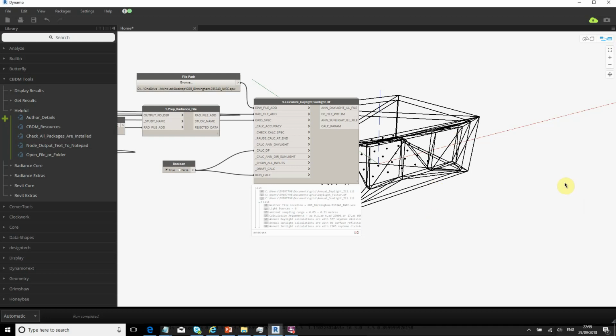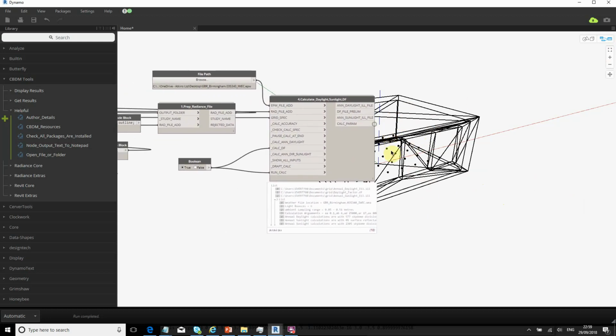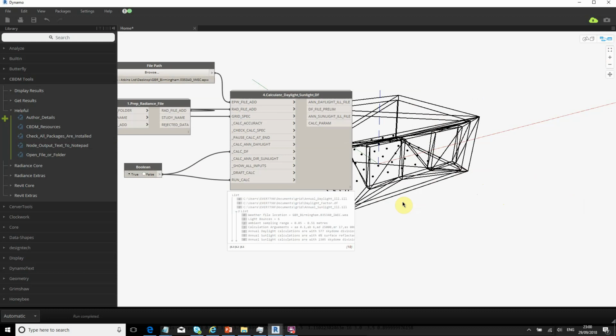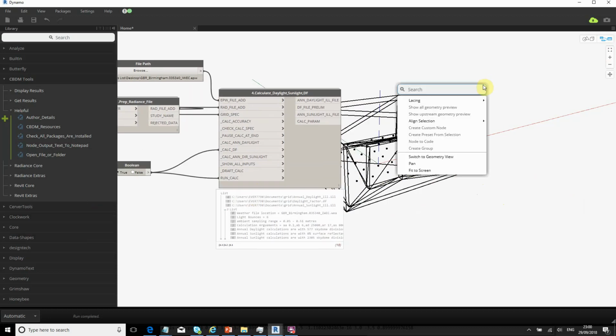And I'm following straight on from tutorial 10, where we'd just done a very basic room and made a calculation on it. Note I've gone back in there and done a full calc, and I've also done the daylight factor calc, so we have a full range of values. Just to totally refresh you,